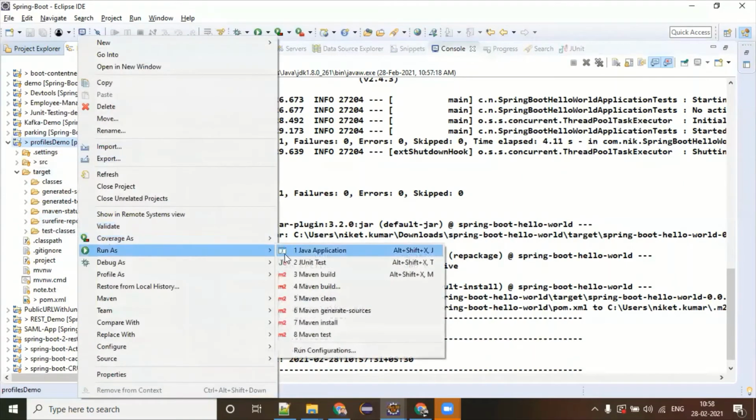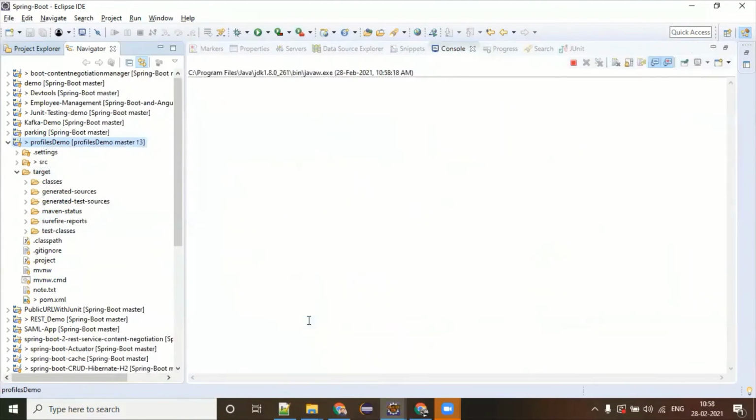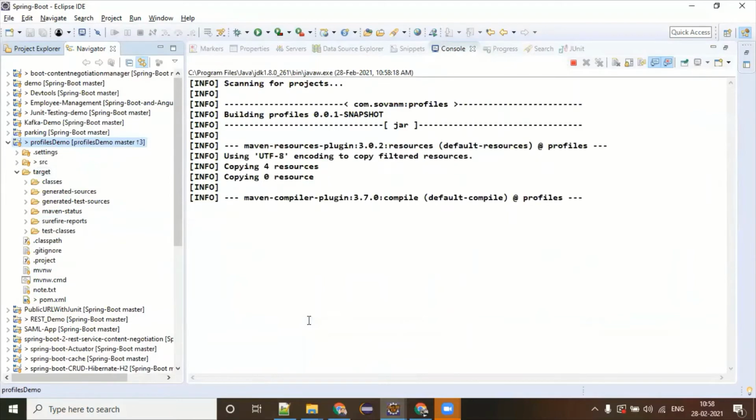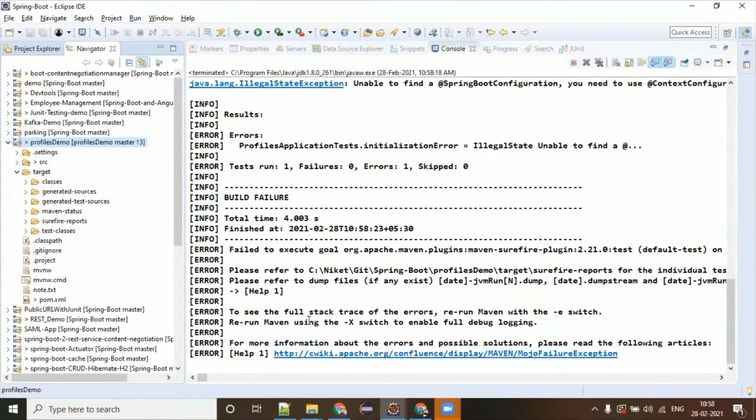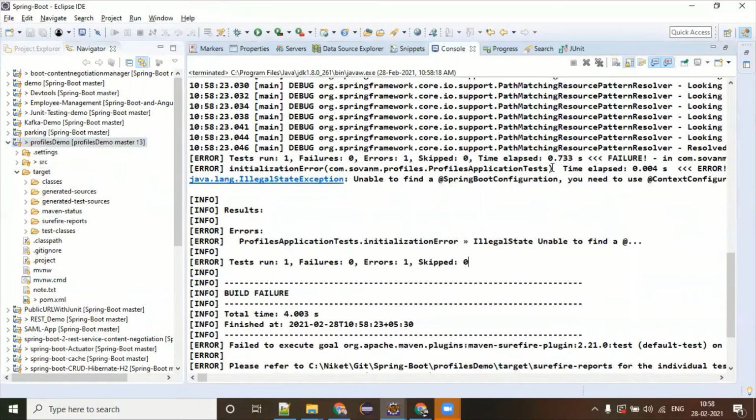Let me install it. Here it does not generate the jar. No, it throws some error. You need to configure.